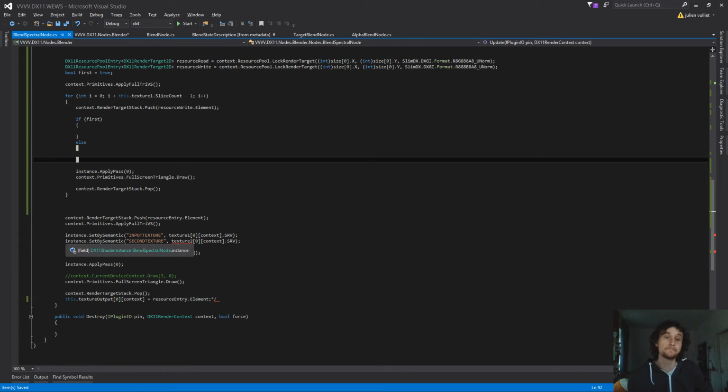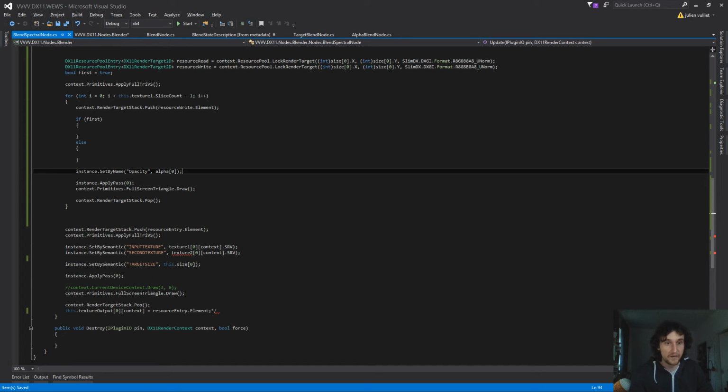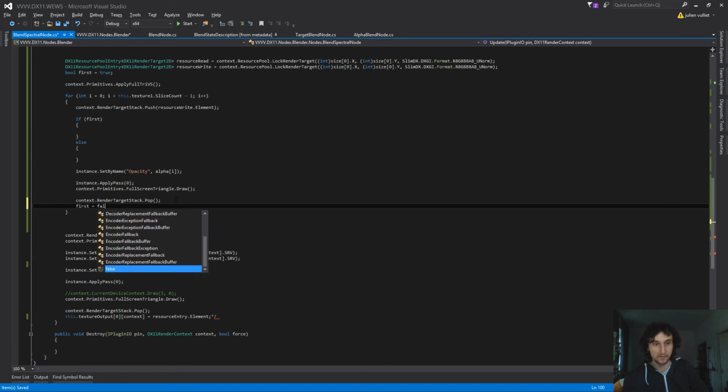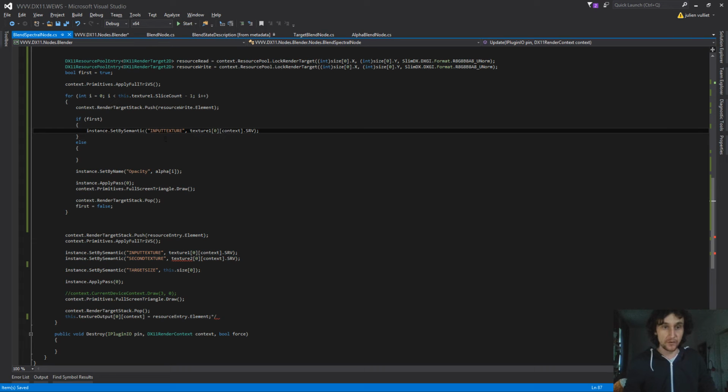So now we have a little bit of difference. It's like our opacity will be alpha I, and so our input, so on the first frame, like input texture will be texture 0,